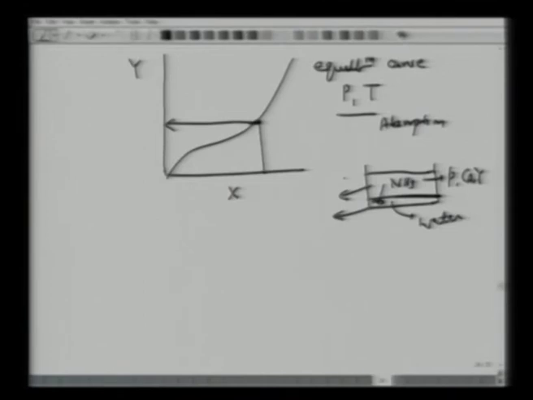Next, one can again vary this partial pressure PA and can again bring in contact with fresh water, wait for the equilibrium till we have another point. So we have obtained all these data points for the equilibrium curve. In case of solid and liquid, or solid and gas, we will be doing the same study. The idea is that we have obtained this equilibrium curve.